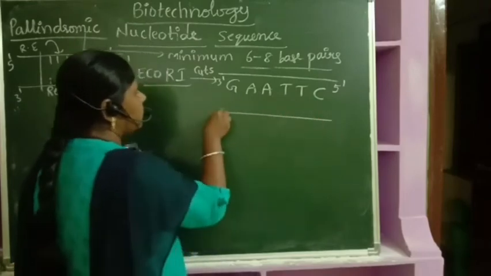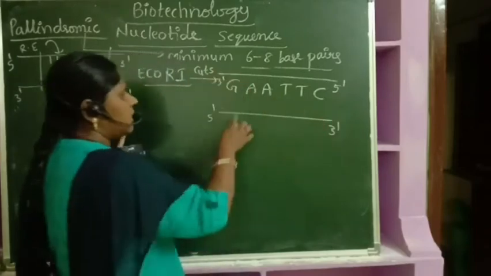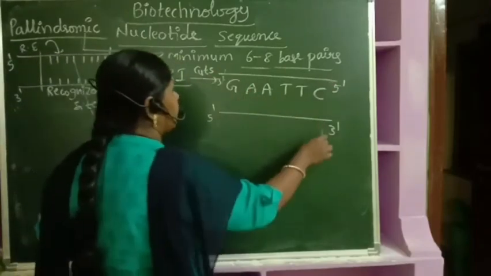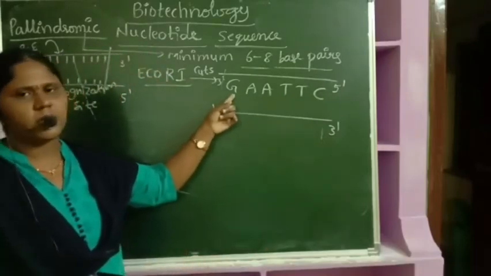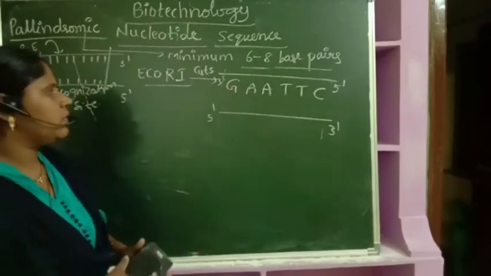If you look at the opposite strand, this is 5' to 3'. Let us think this is an even cut or blunt cut. Both terminal ends are the same here. Now, once you know the sequence on one strand, we can automatically find the sequence on the opposite strand. What do you find here?